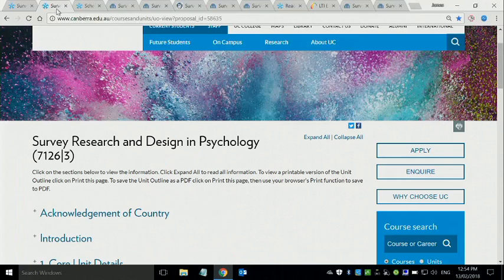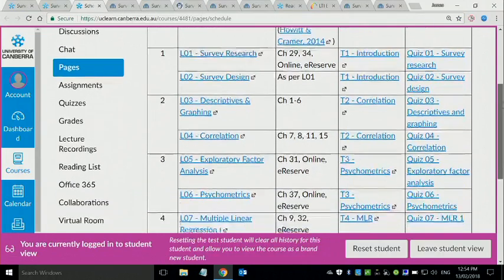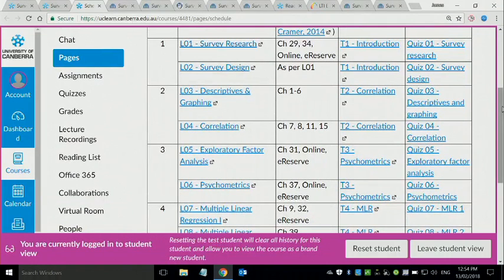Let me just say a little bit about tutorials. You need to check what tutorial stream you're enrolled in. All tutorials are on Wednesday, so there's classes at 9:30, 12 and 2:30 in 12B16, the Psych Computer Lab, and then there's an evening online class at 6 p.m. Now you'll see here